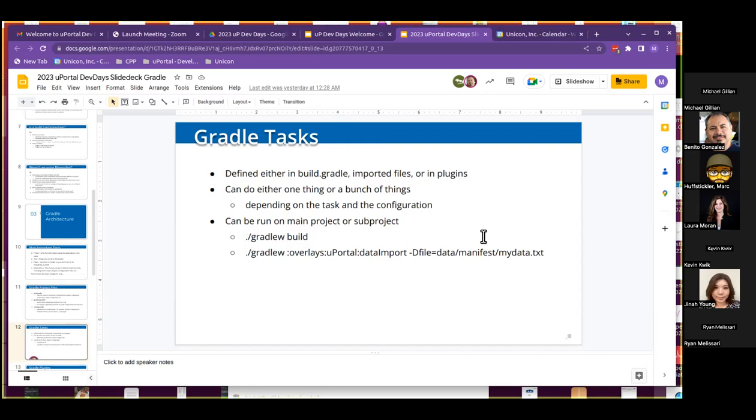You don't have to do something destructive across the entirety of the application, or as expensive of resources across the entire application. You do it just in that one area. Data import is a good one because you're just using the task within uPortal. You have a specific file that's in uPortal, and you can deploy that without having to do a whole bunch